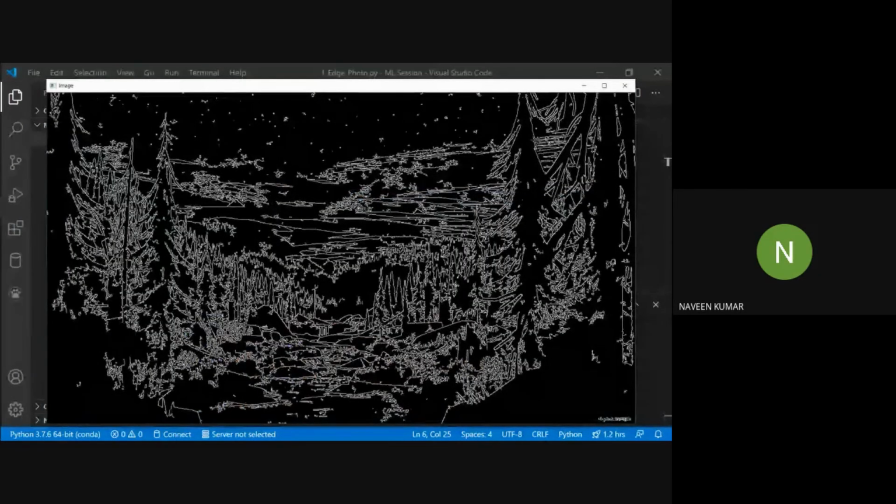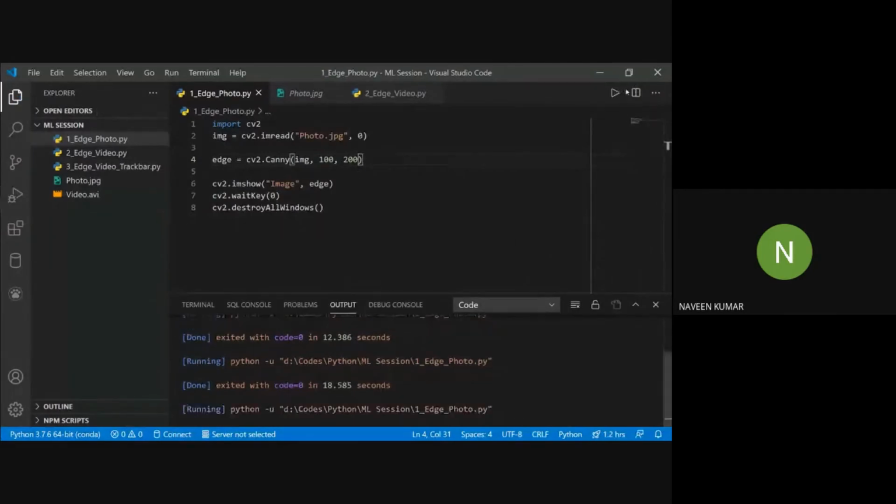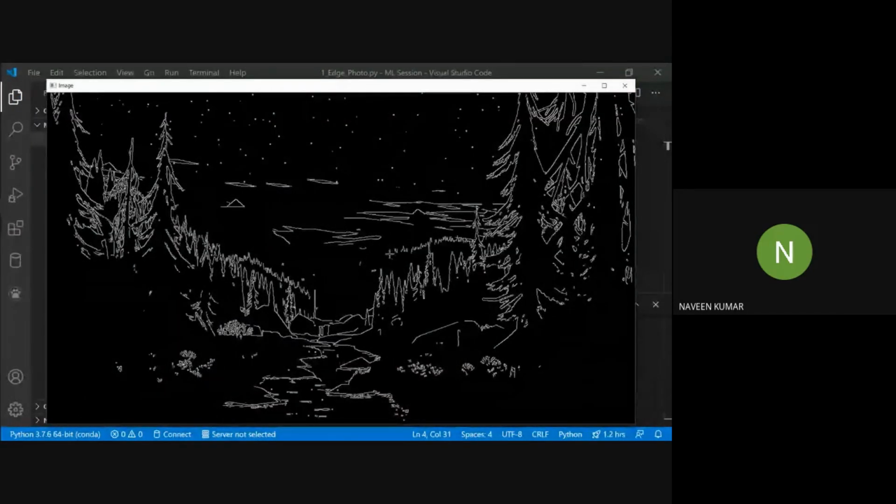We can see that there is a lot of noise even now. So we'll try to change the threshold values and check what we can do. Let's make it 100 and 200. So we can see that this is now a lot clearer than the previous one. So we can try different threshold values to check which works better.